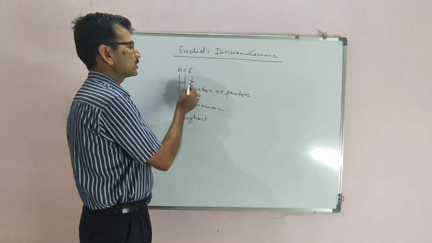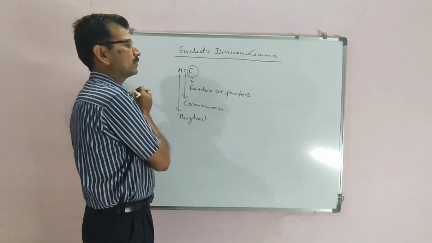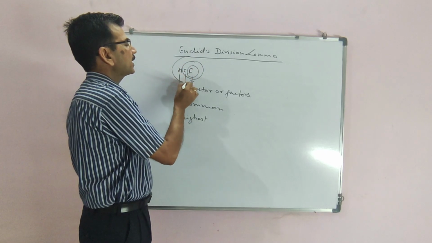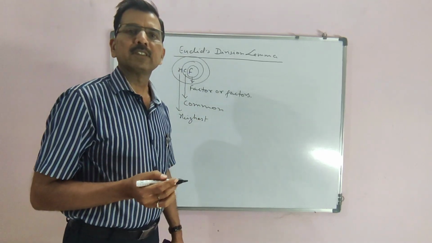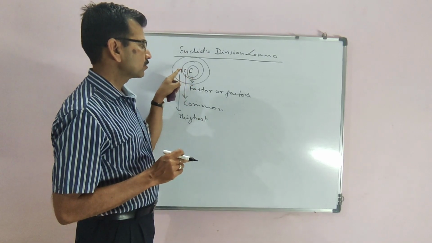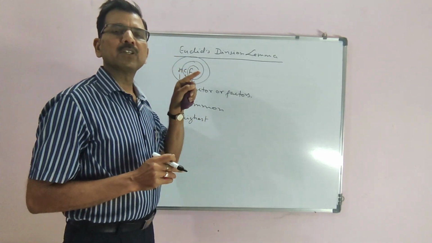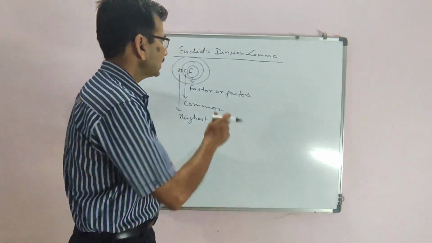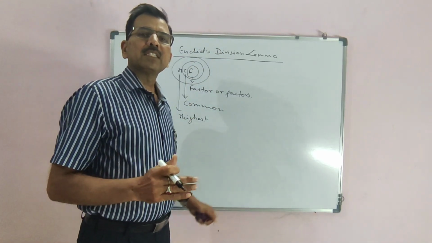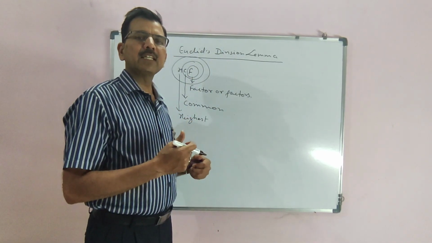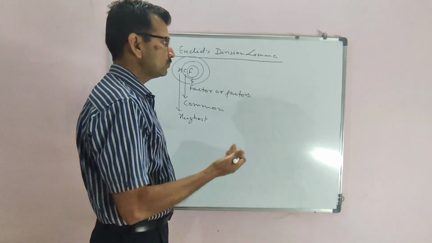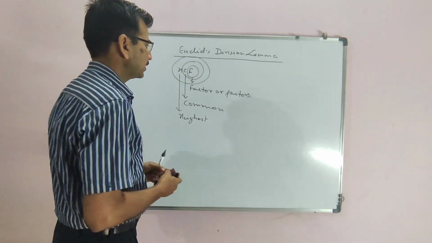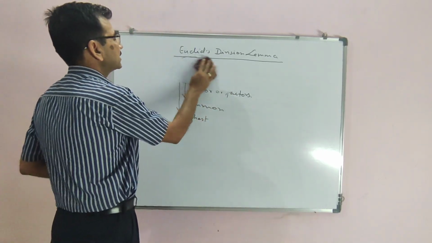So first in the process we find the factors, then we find the common factors, and then finally we find the highest common factor. Right? So factor, common factor, and highest common factor. This is one way that we have done in the lower classes. But here by Euclid division lemma, this is easier, and in a new form we can get it. So we'll discuss that by taking one example here.